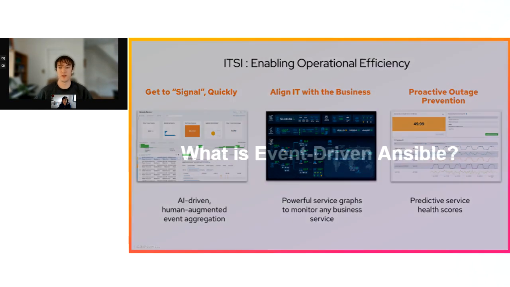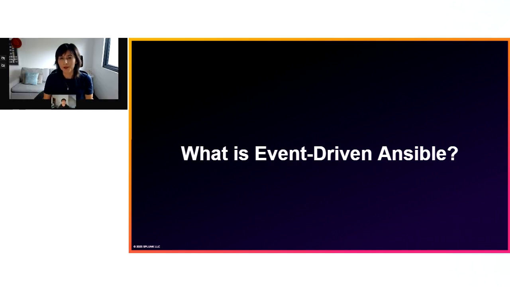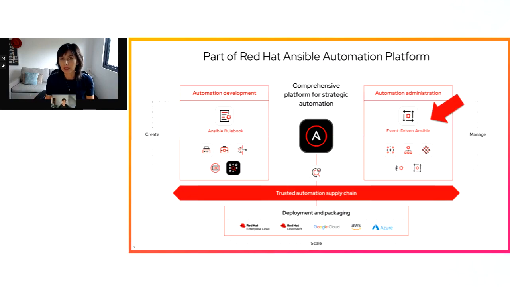So Daphne, how about you tell us about event-driven Ansible? Well, event-driven Ansible, probably the audience already knows about event-driven automation. Basically, it's the ability to trigger an automated response based on events that you are receiving. Event-driven Ansible is our solution that's part of Red Hat Ansible Automation Platform. Basically, we provide this capability to respond to events and trigger automated responses, and it is part of the same solution, meaning that Red Hat Ansible Automation Platform as a solution includes everything that's needed for our enterprise customers to